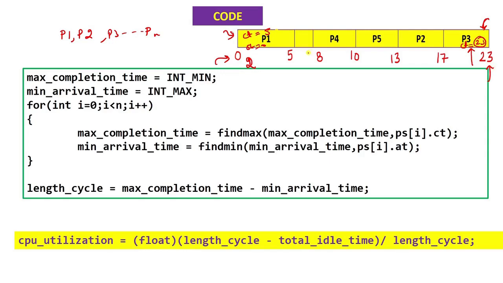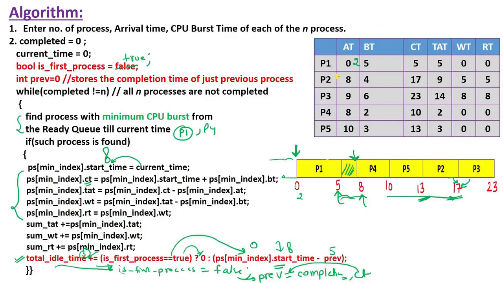So this is the start time of P1 and this is the maximum completion time which is stored inside P3. And as the processes can come in random order, what I have to do is find this maximum completion time and minimum arrival time so that I can subtract them and find the length of the cycle. So that's why I'm initializing the maximum completion time with the minimum value, and the minimum arrival time with int max. And I will run this loop for all the n processes. Okay, so I will go for each and every process, 0, 1, 2, 3, 4, and I will find their completion time